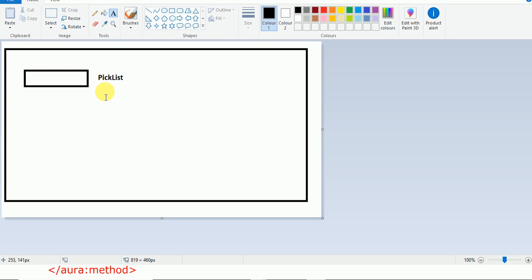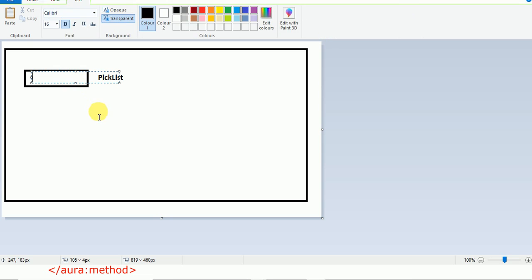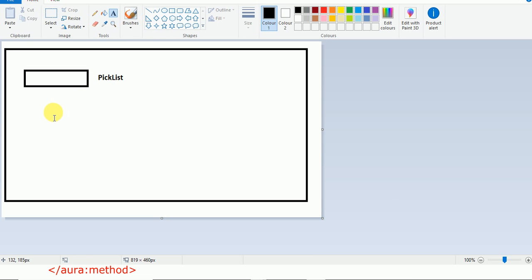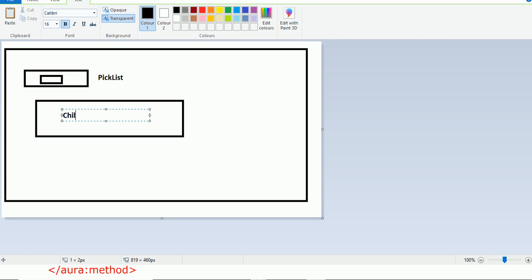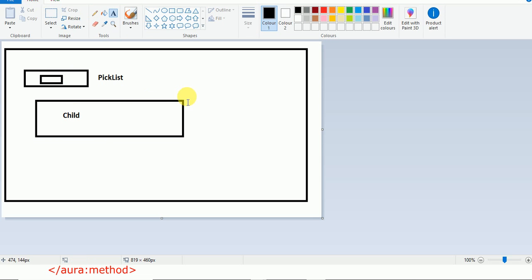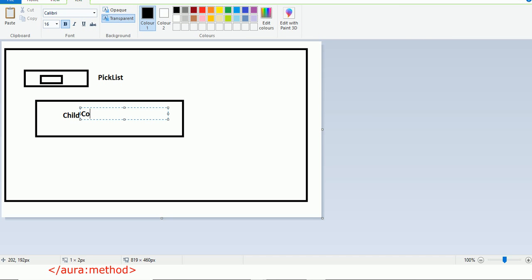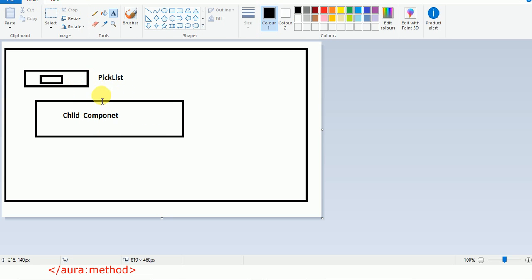And now what we want to do is, whatever selection we make here in the pick list, we want to send the value to the child component, that is here as well. Inside this parent component we want to send the child component this value, and then based on this value we want to filter the child component here. So instead of firing the application event, that is less secure, we can just use our method to call the child component controller, and then we can pass whatever value we want to pass from the parent component.